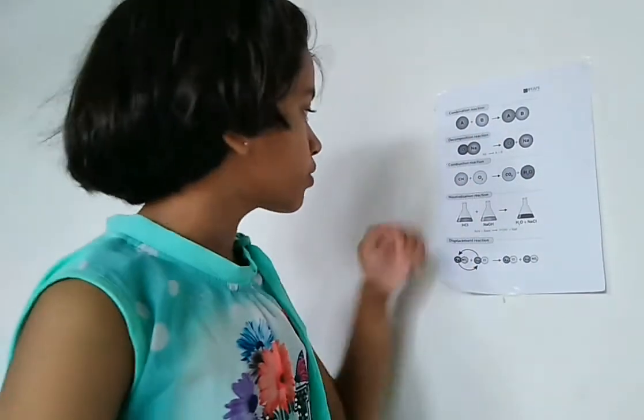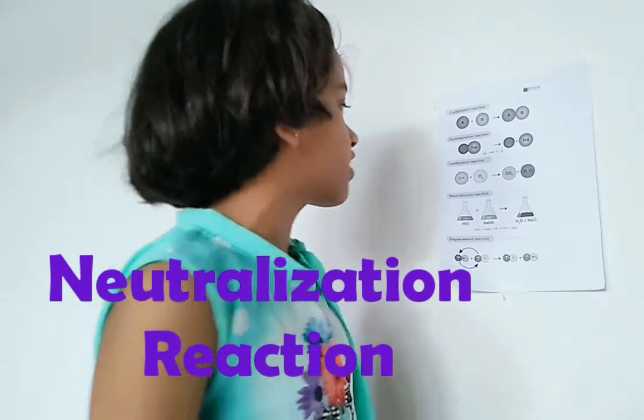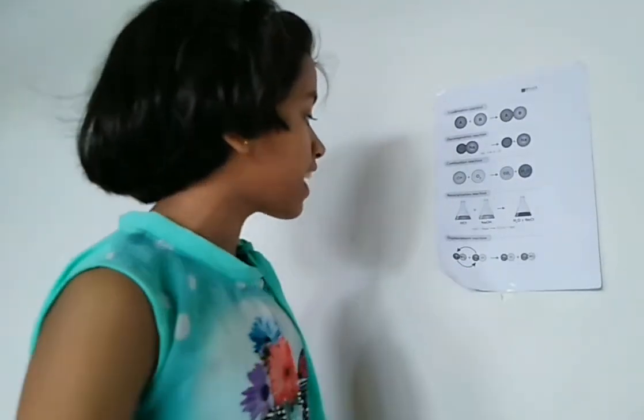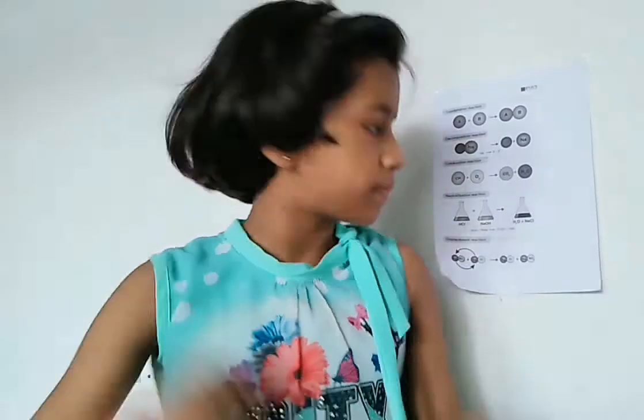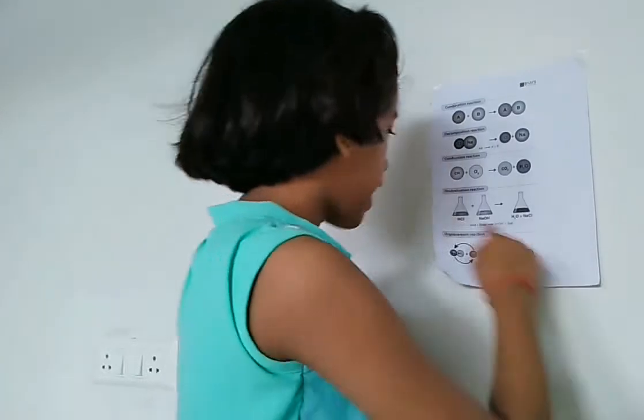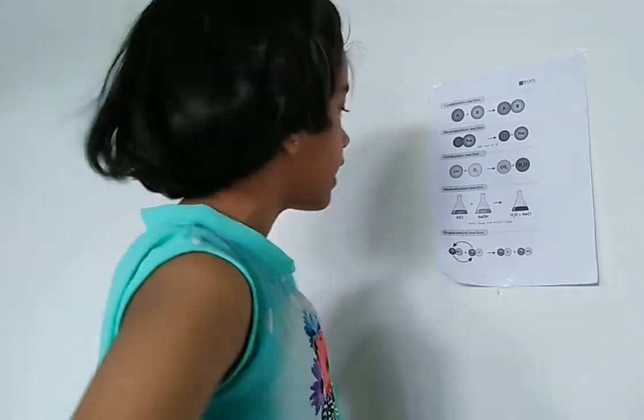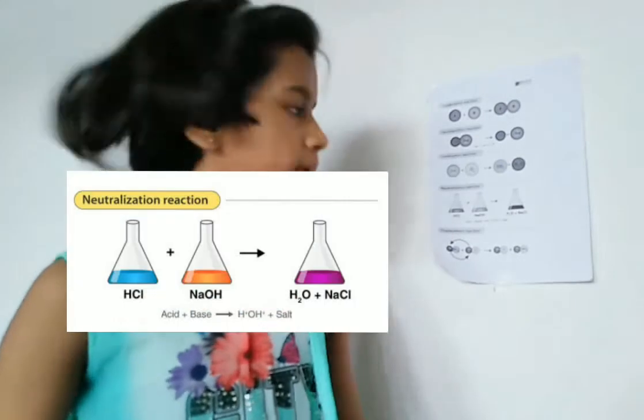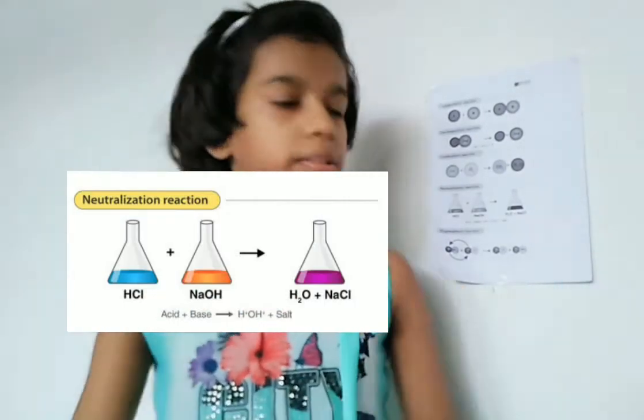Now moving on to the fourth one, the neutralization reaction. What happens in this reaction? Substances displace. Displacement occurs to make new substances. So let's see, this hydrogen and chlorine are on one side and this sodium, oxygen and hydrogen are on the other side. They get mixed up, so they displace. They change their places and then brand new substances come.